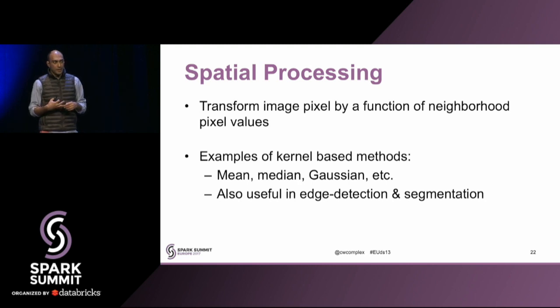So I'm going to describe kernel-based image processing, and in general, what we're doing is instead of transforming the pixel by some function of just the pixel, we want to transform the pixel by a function applied to the neighborhood. Examples of this are mean and median type filters, and also derivative filters, for instance, that are used in edge detection and segmentation. I'm going to describe Gaussian filtering,